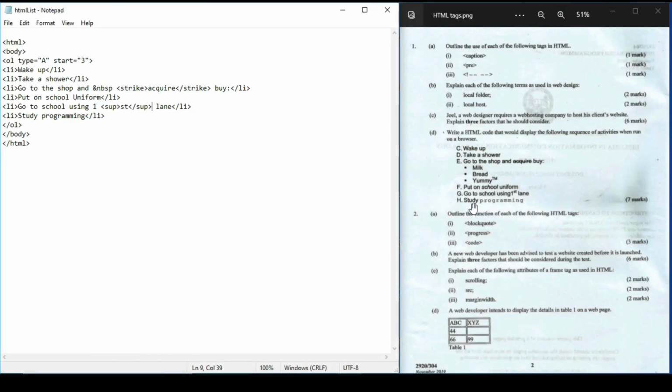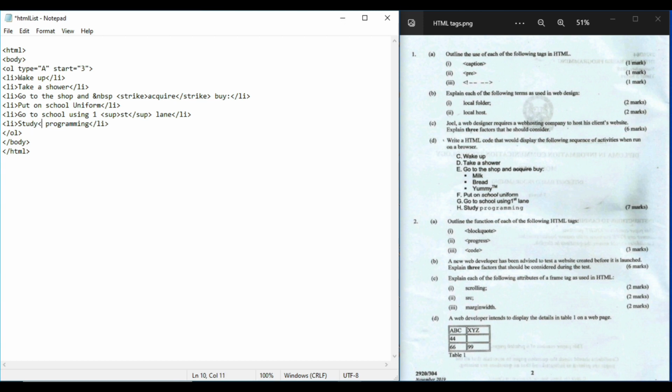Then we go to H, which is study programming. And as you can see, the word programming is a font lesser than the word study. So what we're going to do is we're going to reduce the font size of the word programming. Put the font tag, use the font tag. Font. Then we put size. Let's put -1.